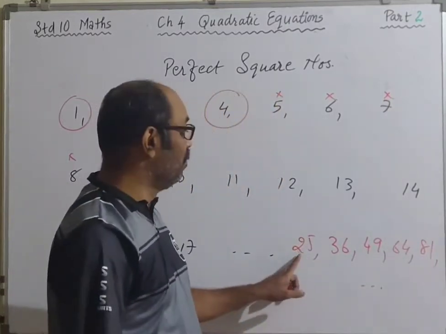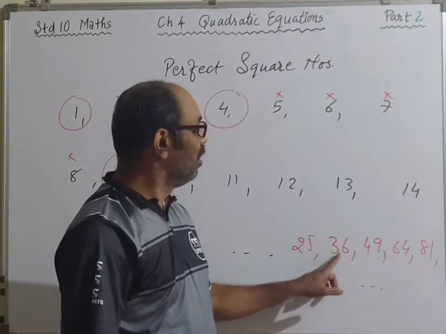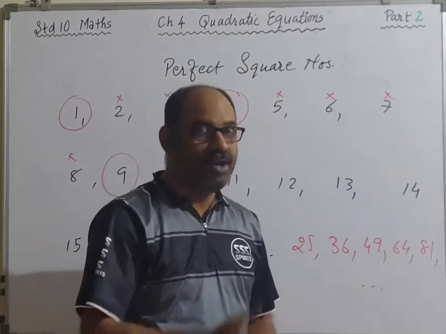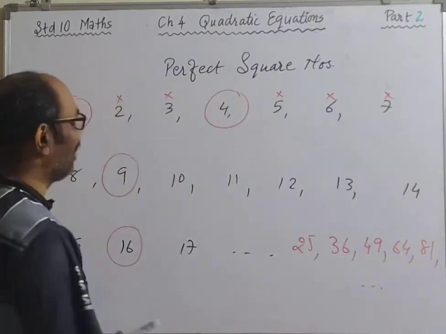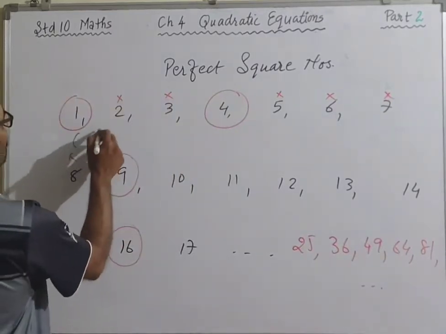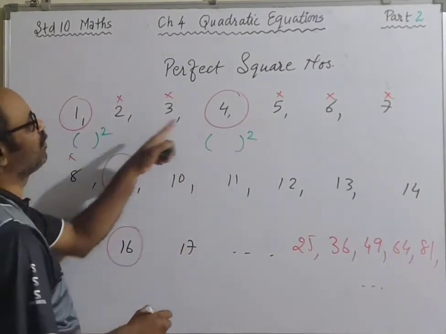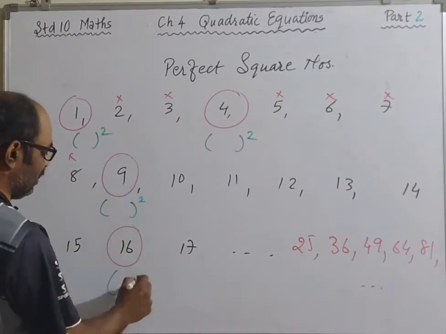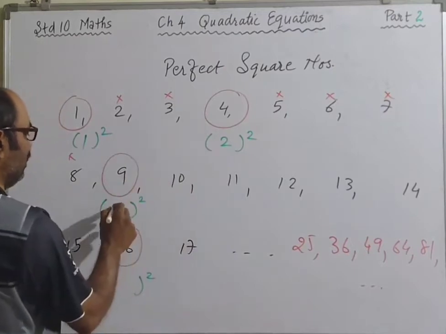And all the numbers between 25 and 36, they are not perfect squares. All the numbers between 36 and 49, they are not perfect squares. Now why do you call these numbers perfect squares? Because they can be represented as the square of another number. 1 can be written as square of something, 4 can be written as square of something. Yes, square of integers. Now 1 is square of 1, 4 is square of 2, 9 is square of 3,